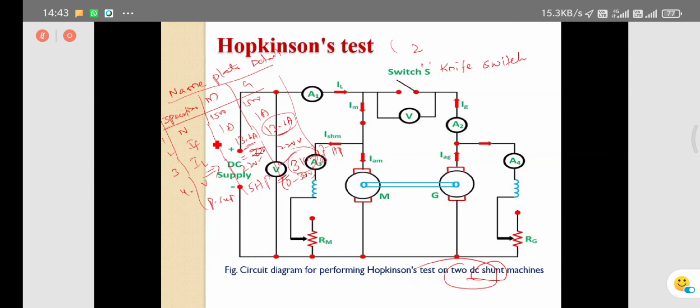Coming to field current, we always remember 1 amp. The field current is always 1 ampere. The load current is 13.6 generally for the motor, and for the generator 19 amps. The supply voltage is 220 here. The rating of the motor is in HP, and the rating of the generator is in kilowatts, that's why here 5 HP and 3 kilowatts. These are the various values as given in the nameplate.